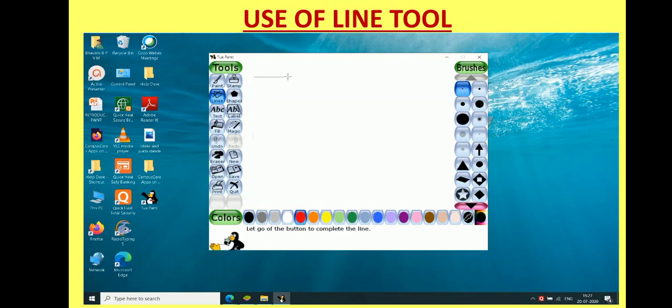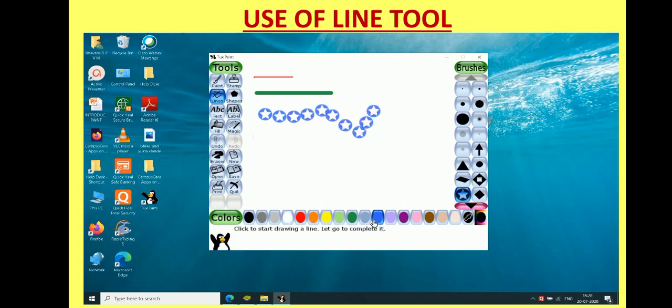Choose a line of appropriate thickness, then select the color from the color palette. Keep the left mouse button pressed, and on your canvas you can make the lines of different thickness. You can even put different symbols like star, or this flower.